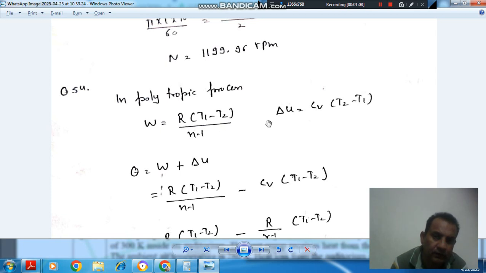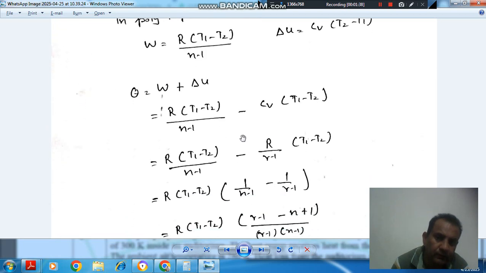index. And del U, which means change in internal energy in any process, is Cv (T2 minus T1), where T2 is final temperature and T1 is initial temperature. And according to the first law, Q is equal to W plus del U. So putting the value of W, that is R (T1 minus T2) divided by (n minus 1), and putting the value of del U, that is minus Cv (T1 minus T2), because here Cv (T2 minus T1) is there, so if we change sign, it will be minus Cv (T1 minus T2),